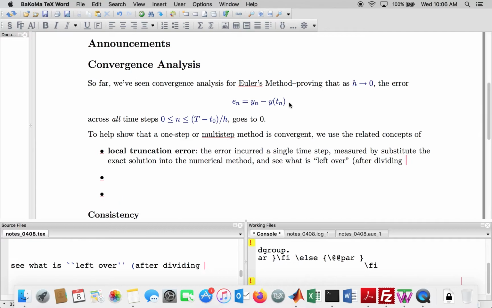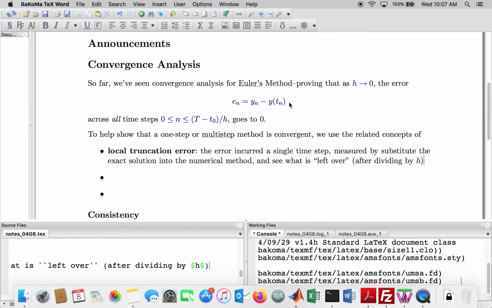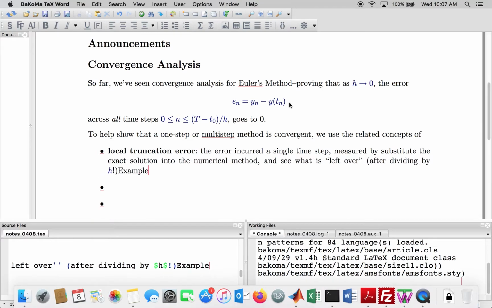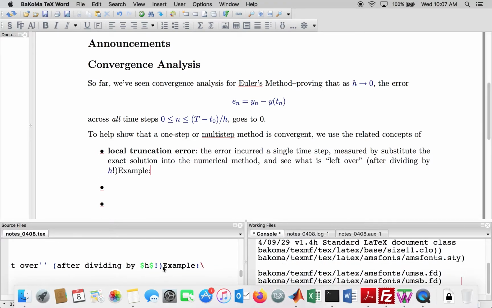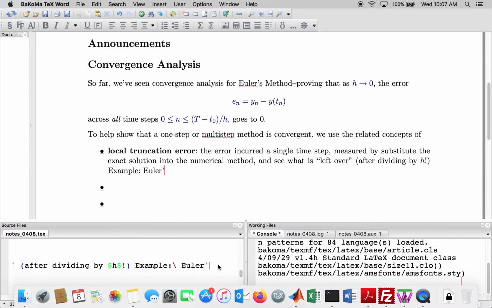For convenience, what you should do is take the numerical method as it's normally written and divide by h. And also put everything on one side. And the reason for that is so that the numerical method more closely resembles the ODE. So if Euler's method,